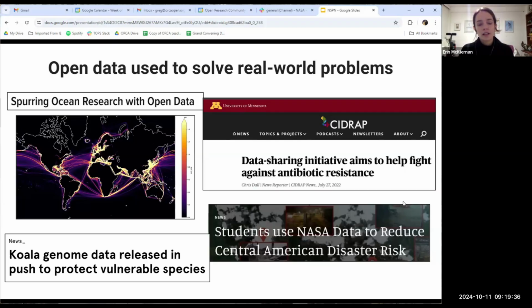Another one that is a huge health problem today, antibiotic resistance. So we can see there on the right, there's a data sharing initiative that is using that open data to try to help fight against antibiotic resistance. And then finally, this last one on the right was a really interesting challenge put together where they encouraged students to use open data that NASA had provided to try to figure out solutions for mitigating or reducing disaster risk in Central America. So all of these are really just concrete examples of how data can be used to